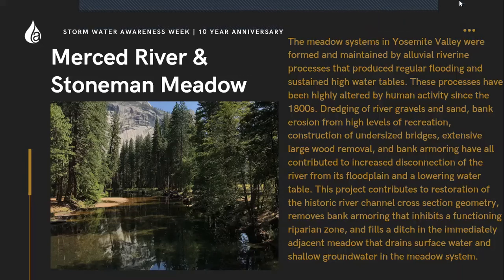And so by stabilizing riverbanks, then we get a healthy meadow. How does that work? Yeah, so we don't want to see any more erosion. We don't want to see any more channel widening. By having a wider channel, it reduces connection to the adjacent floodplain and meadow, lowers the water table, and reduces potential for seasonal flooding, which is actually really helpful for the meadows. So by narrowing the channel, healing the channel, we're hoping to connect